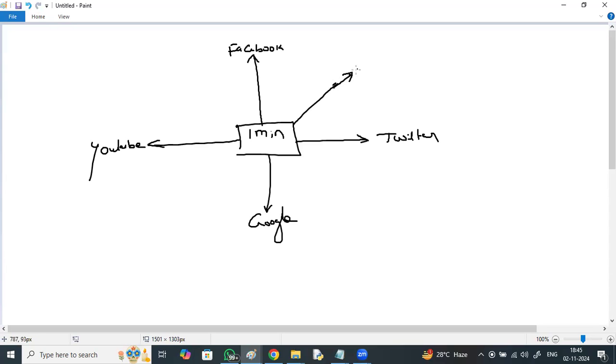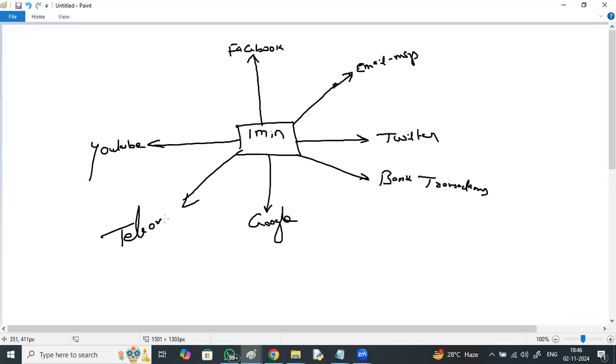Email or Gmail messages, what should be the storage capacity to store all the messages? Just now I was talking about bank transactions, telecom transactions, and e-commerce transactions like Flipkart, Amazon. So everywhere we see huge data, petabytes of data, is getting generated, right?